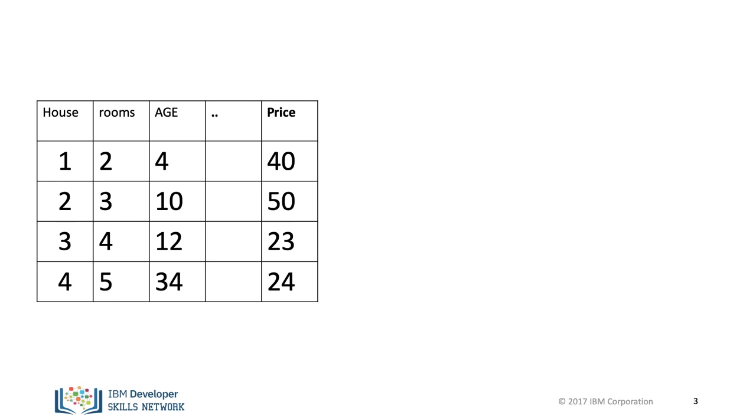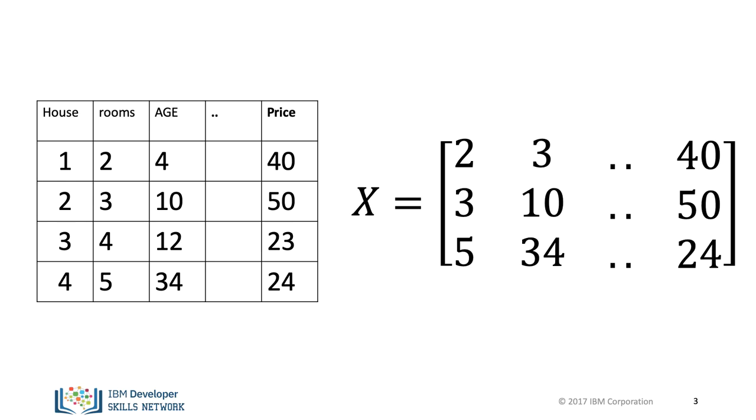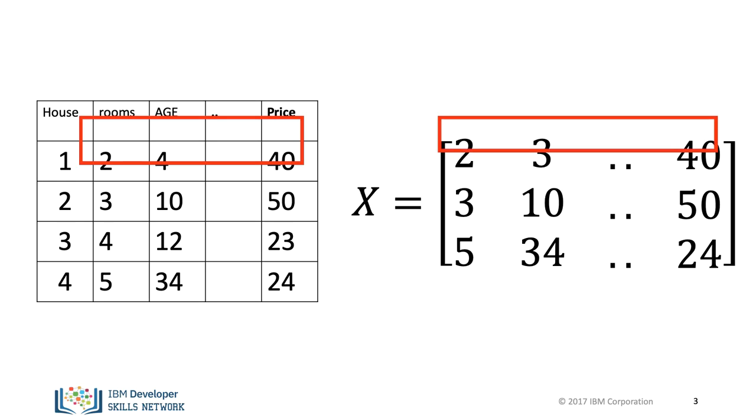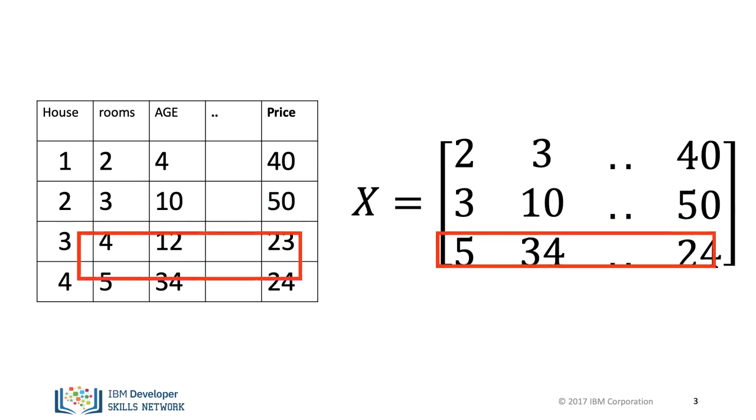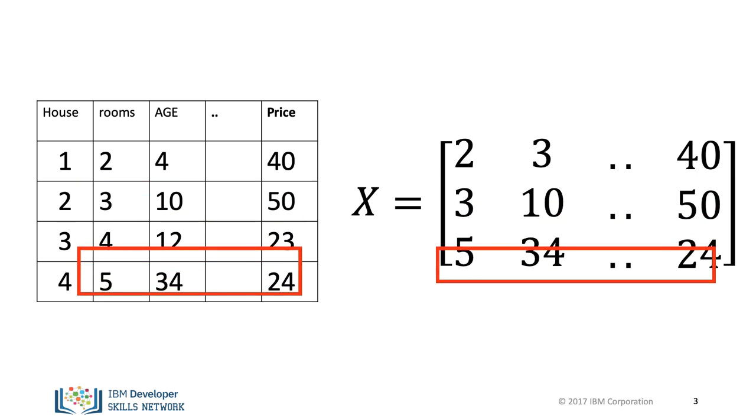A 2D tensor can be viewed as a container that holds numerical values of the same type. Consider the following database of housing information. Each column of the database contains features or attributes such as number of rooms, age of the house, and price of the house. Each row represents a different house. We can represent this data with a tensor X in 2D. In 2D, tensors are essentially matrices. Each row of the tensor corresponds to a different sample, and each column of the tensor corresponds to a feature